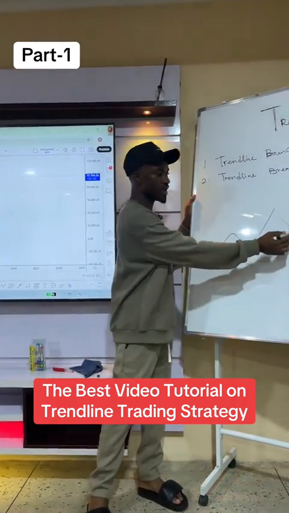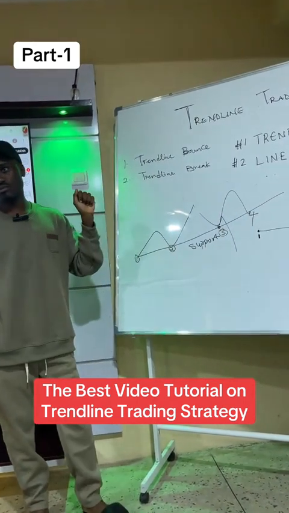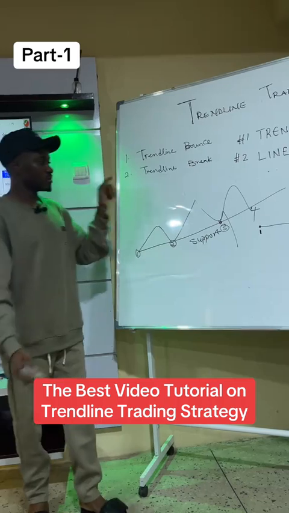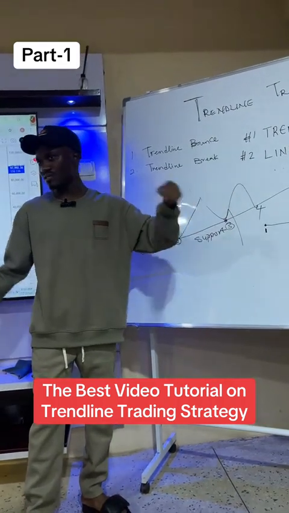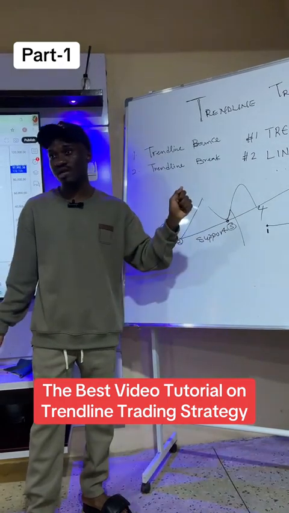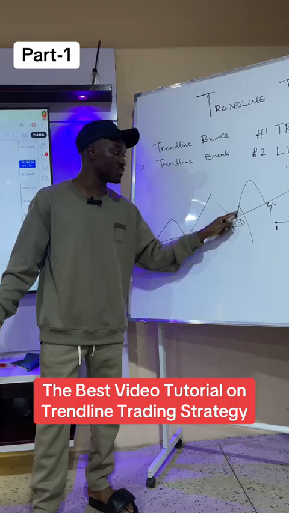Because the market can come here and go down. In fact, the fourth test of a trend line can still fail. If the fourth test of a trend line can still fail, then why do you want to trade the third line? Even the third line hasn't given you definition, only when it rebounds up.